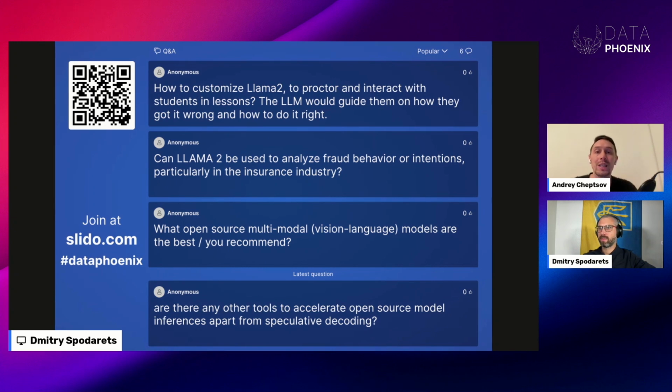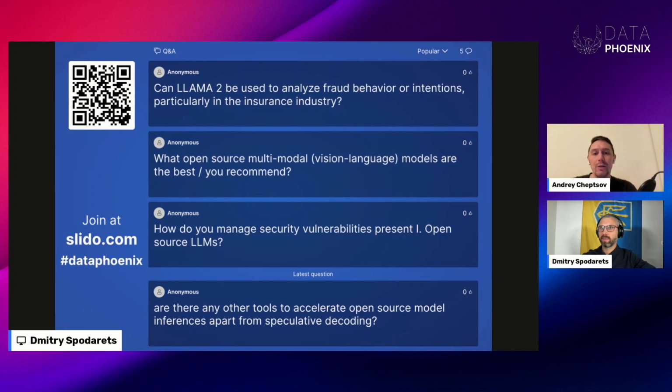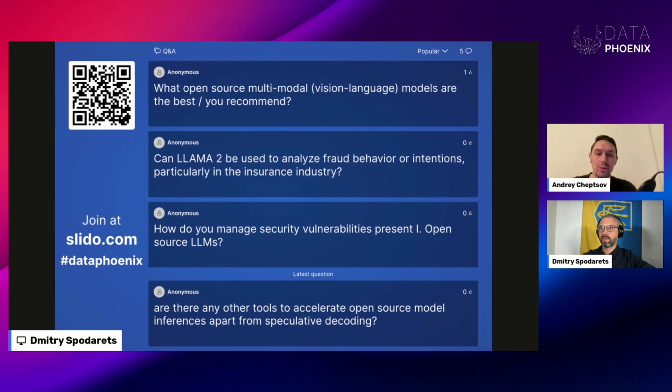how do you leverage and customize Llama 2 for the education process? It's easy and difficult to say how you can leverage it for educational purposes. I'm pretty much confident that there are so many different ways you can benefit from incorporating LLMs into your educational process. And I would certainly encourage you to experiment with it for the educational process,